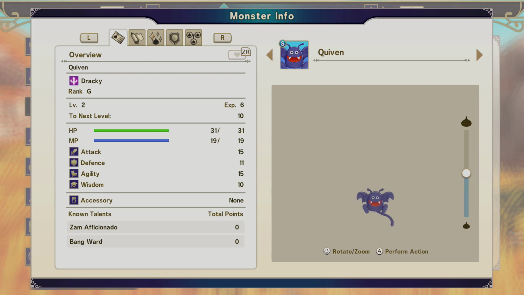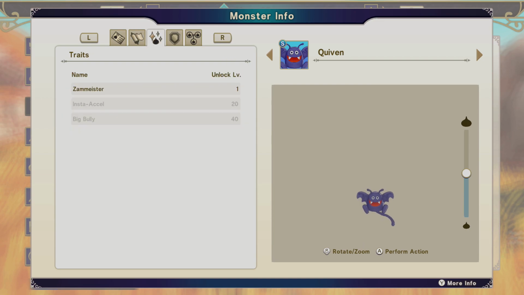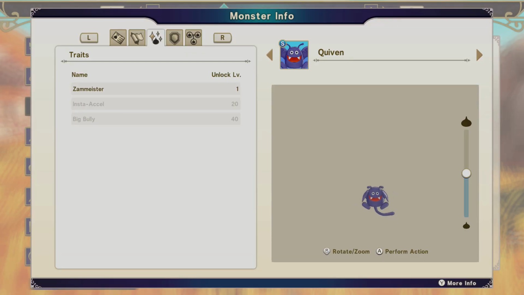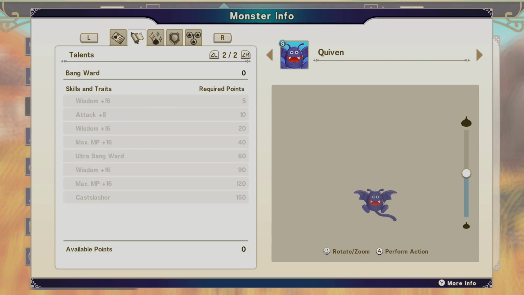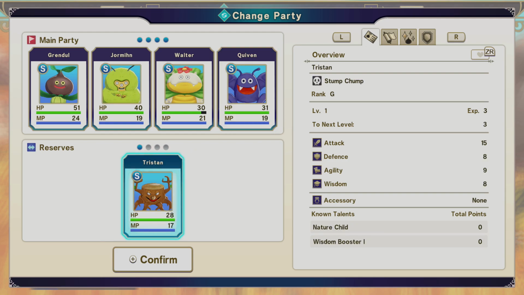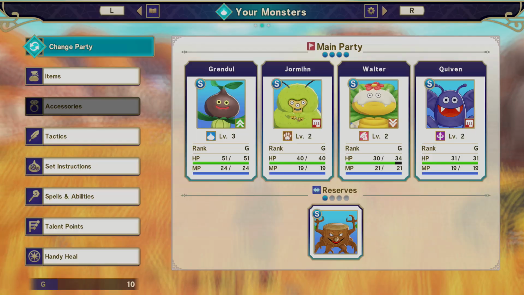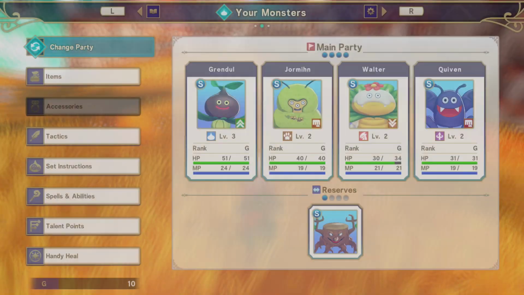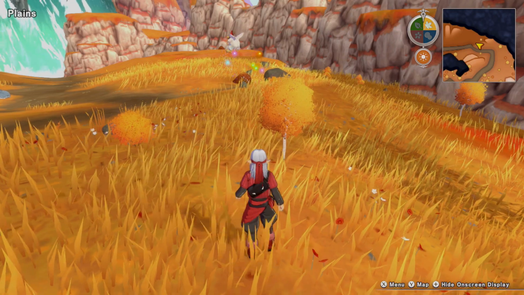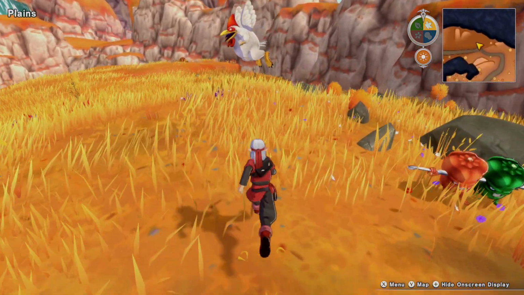So Quevin is a demon family. That's why he's here. Quevin seems to be a Zammeister, which means dark attacks are more potent, and all dark elemental attacks actually. Interesting. Insect Cell and Big Bully. Base ones are Bang Ward and Zam Aficionado, so there's that. But for now, let's put Quevin in the front as he is with the party now. Quevin is actually a pretty fast physical attacker, although he could end up getting more wisdom as time goes on. We'll just have to see. Actually, I have more of a penchant for undead monsters, so...